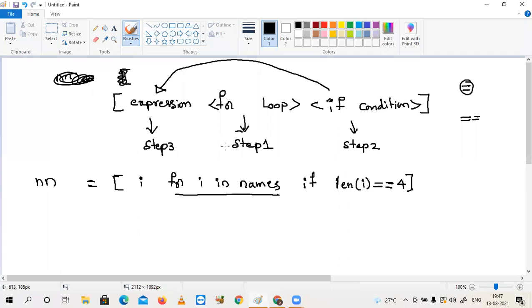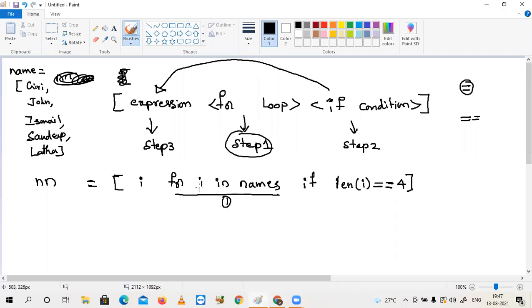What is step 1, sir? First of all, names. What are the values of names we have? The 5 names: Giri, John, Ismail, Sandeep, and Lata. So first step, this will be executed.